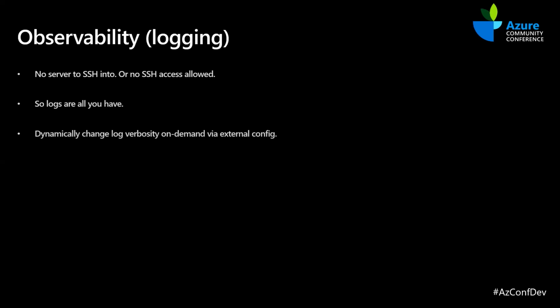So you should be able to change your log verbosity by changing a setting in the Key Vault. So essentially, every time your app restarts or gets redeployed, one of the things it should do on startup is to figure out the log verbosity level from the Key Vault. And by changing this, the app should be able to dynamically adjust its log verbosity levels.